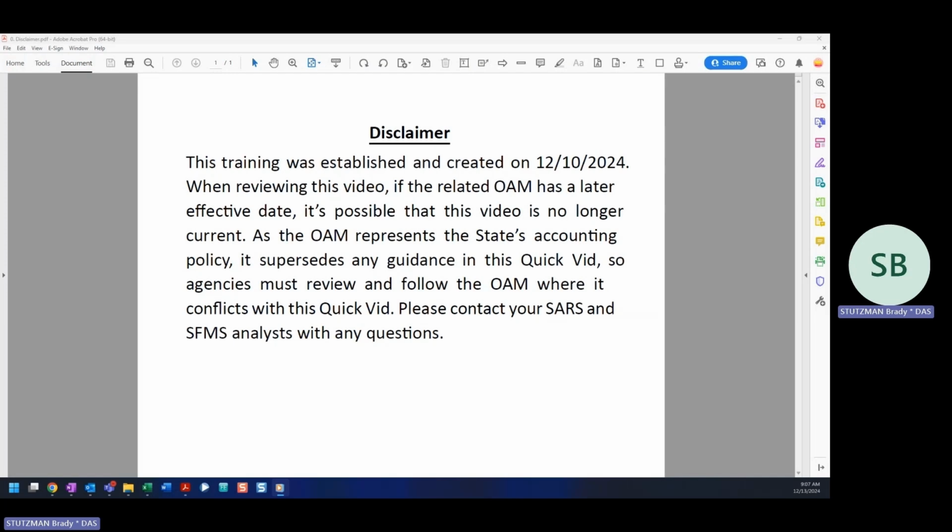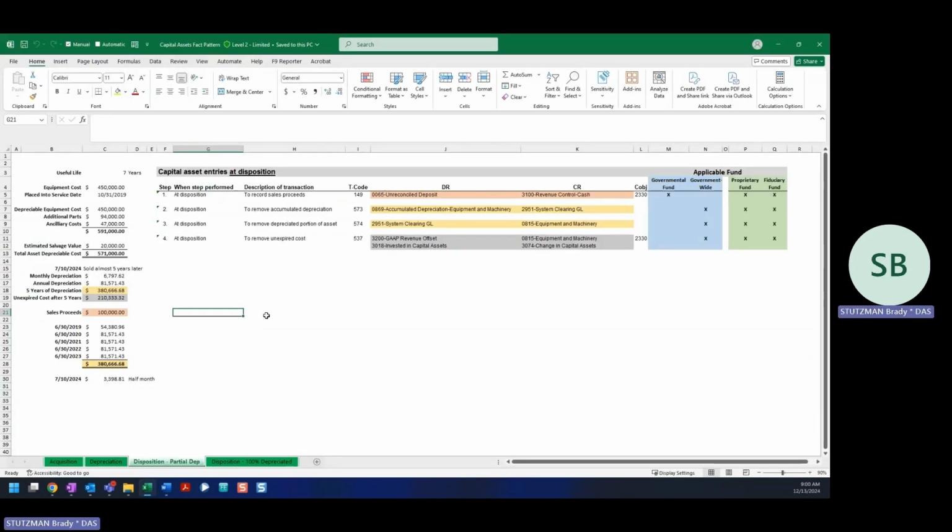These videos are designed to help state agencies record and verify various accounting requirements within R-Stars based on guidance from the Governmental Accounting Standards Board. I will be walking you through the capital asset disposal fact pattern for the example transactions we'll be posting into